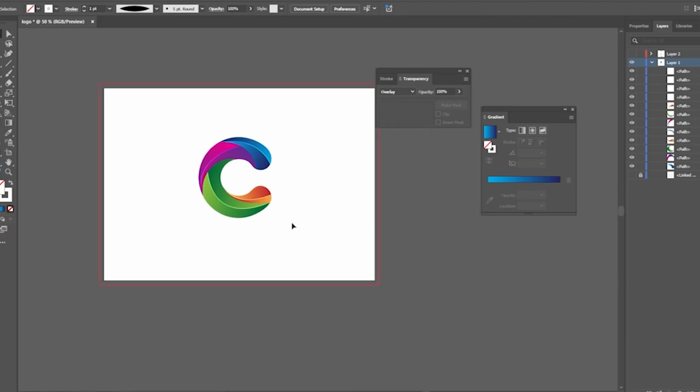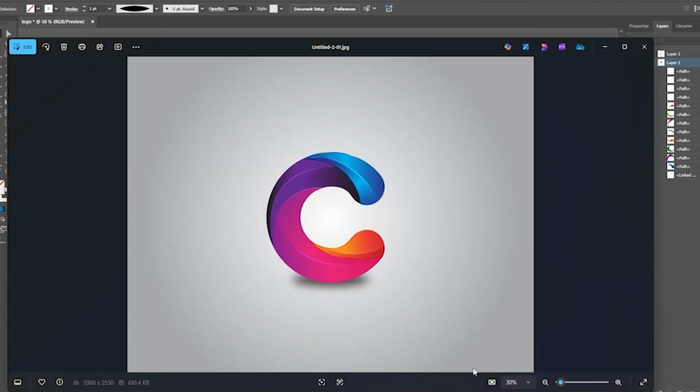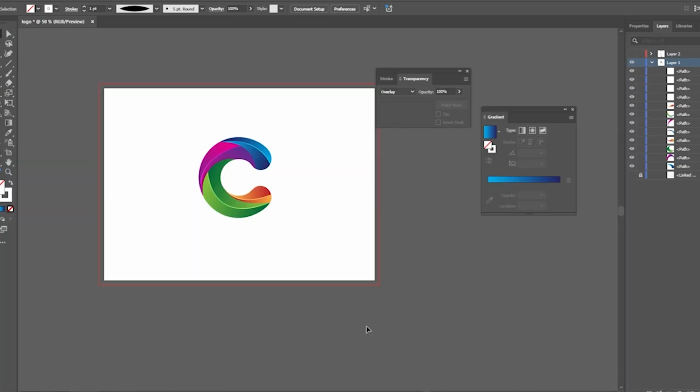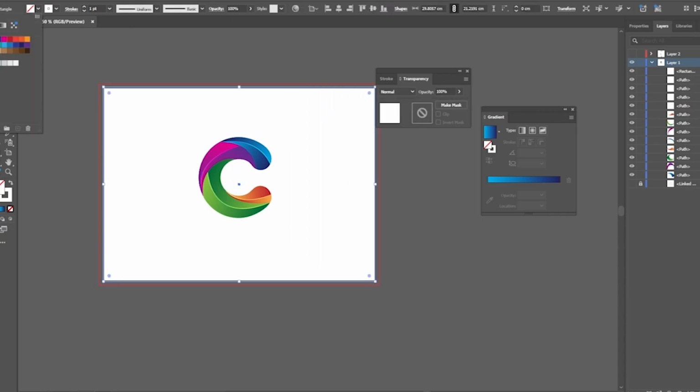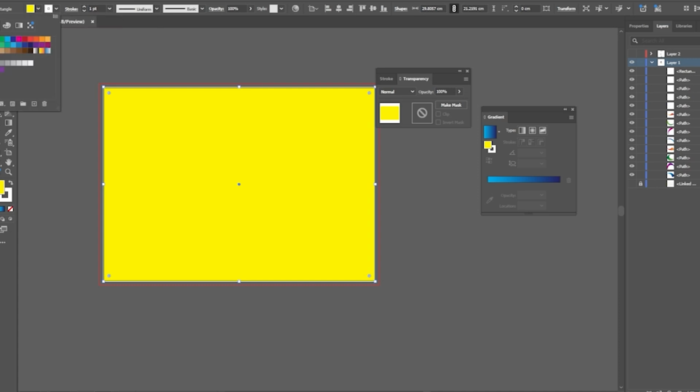Well, now I added a gradient to the shape. What does that mean? I created a gradient color here. Let me show you in the design as well. I said in Adobe Illustrator we don't have a layer named background. So I am going to create an object here. I am creating it. I am giving it a yellow color so you can see it, and I have removed